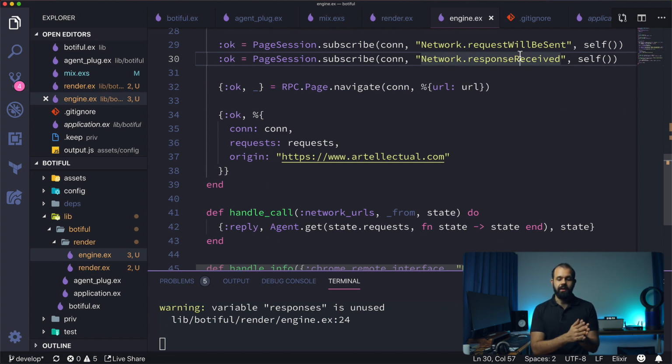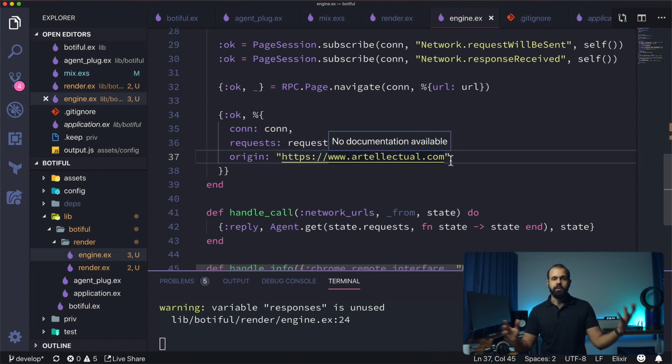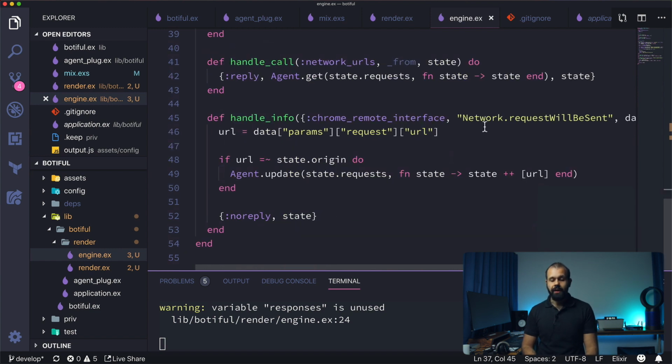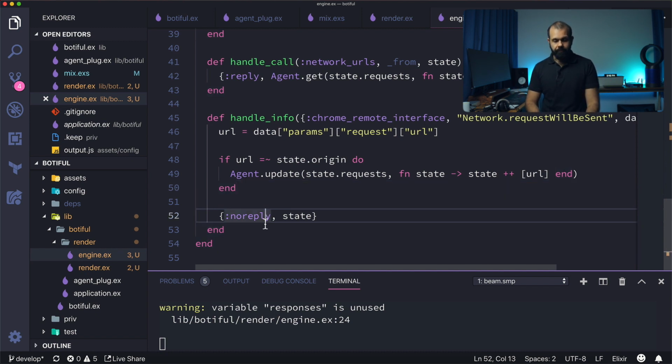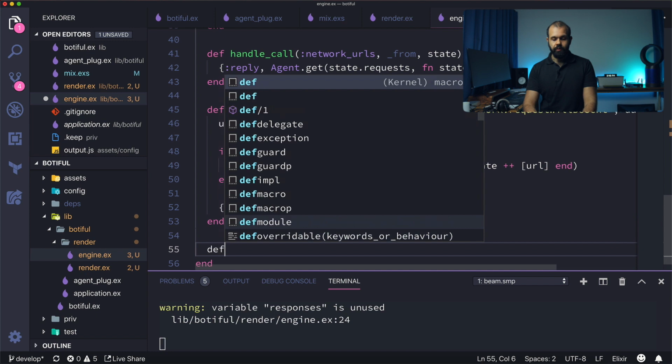If they don't contain a certain subtext, or they don't contain this origin URL over here, we're not going to track it. And for all the ones that are relevant, we're also going to monitor the relevant responses. We want to make sure that for the amount of requests we made, we got responses for all of them to ensure that the actual page is completed. So what I'm going to do here is write a handle call, so def